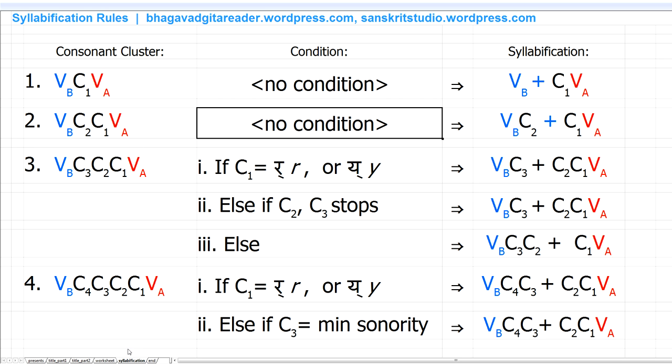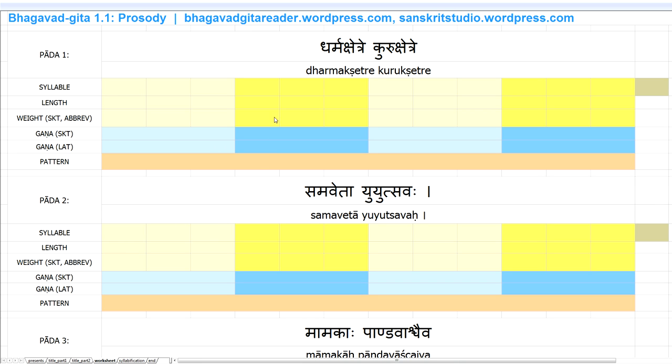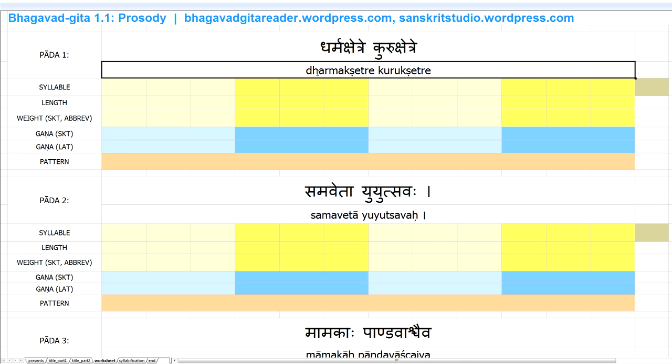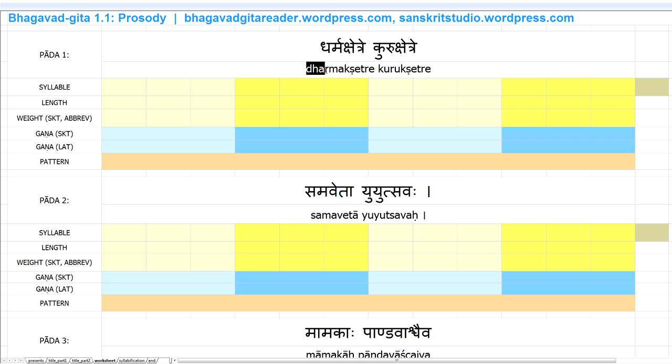So it's pretty easy. So we'll take dar as the first syllable. And then we have ma, but then comes two consonants in a row also. So it's the same rule there. We do mak,